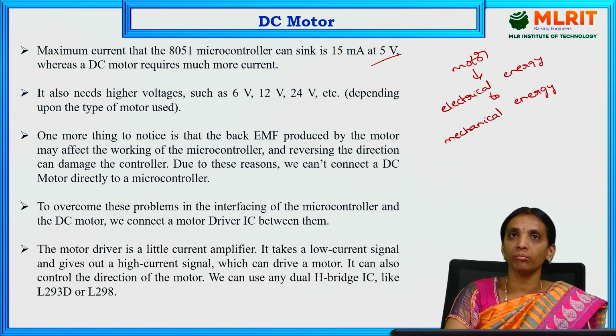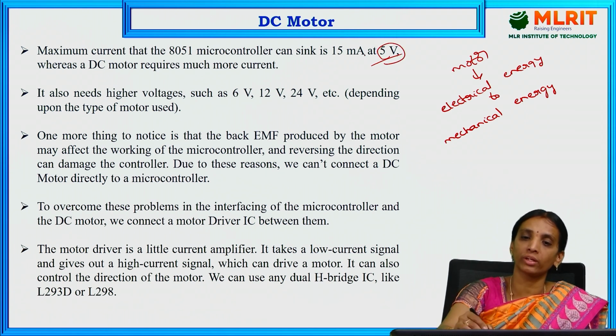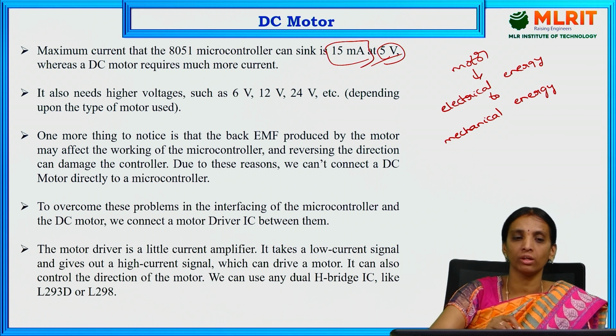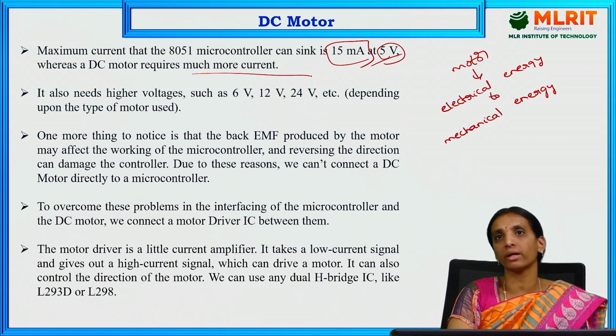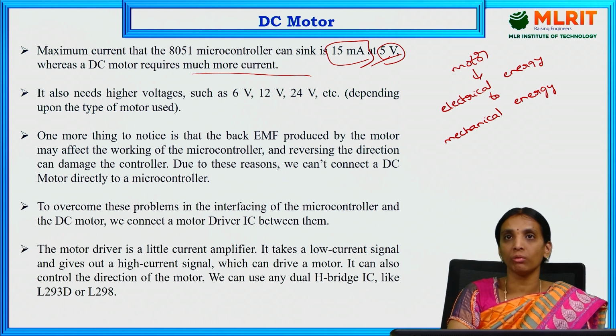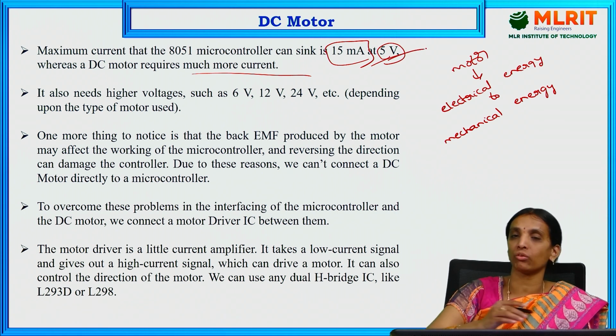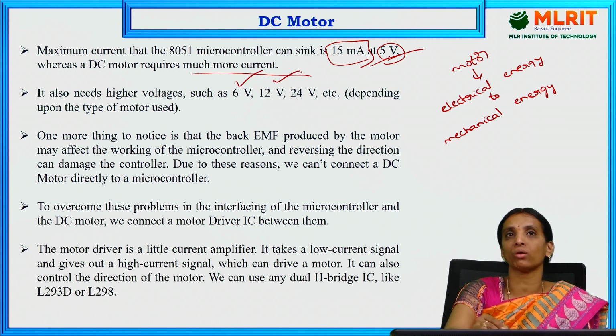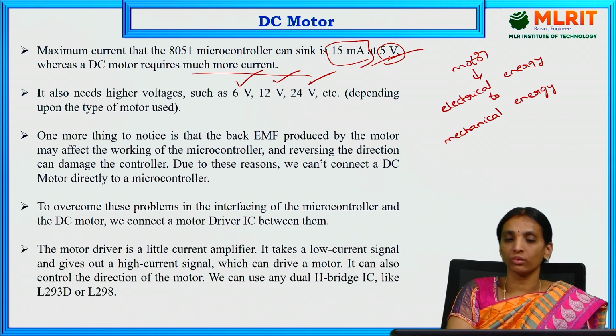It can work with a power supply of 5 volts and it can draw a current of 15 milliamperes. So a much larger current will be developed by this DC motor. When we give only a plus 5 volts power supply to this motor, it can develop up to 15 milliamperes. If we use higher voltages than 5 volts, such as 6 volts, 12 volts or 24 volts, the current developed by this DC motor will be very high.